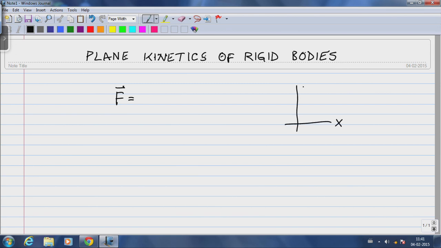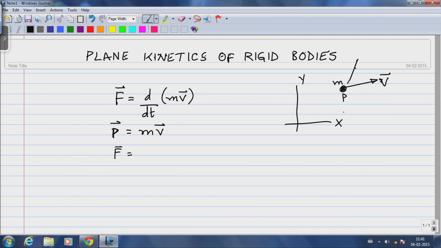except I will write it slightly differently. In fact, the way we wrote it when we first wrote down the laws of motion. If I have a particle of mass m that has a velocity v, the force acting on this particle causes a rate of change of momentum. So, if I now define p as m times v, I think we use the subscript p to denote linear momentum. So, if p is the linear momentum of this particle, which is m times v, the force acting on this particle causes